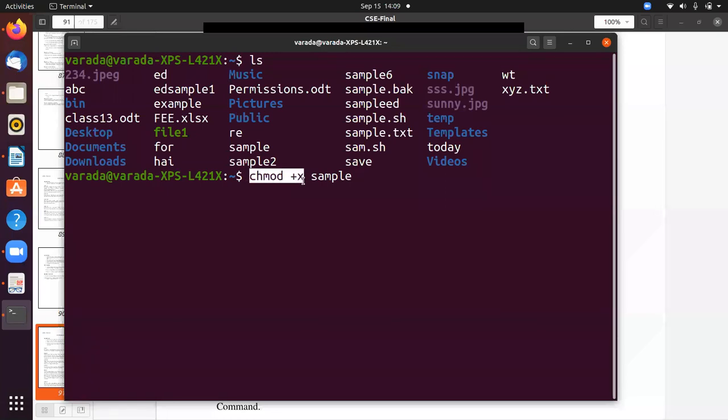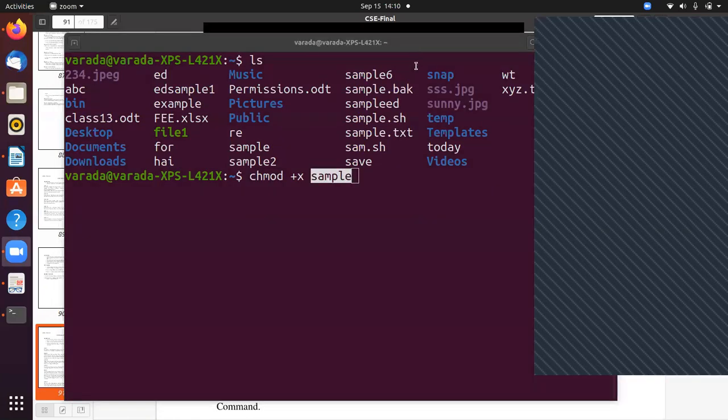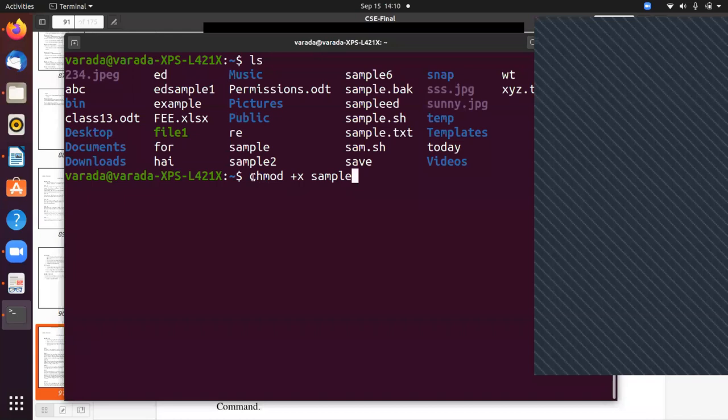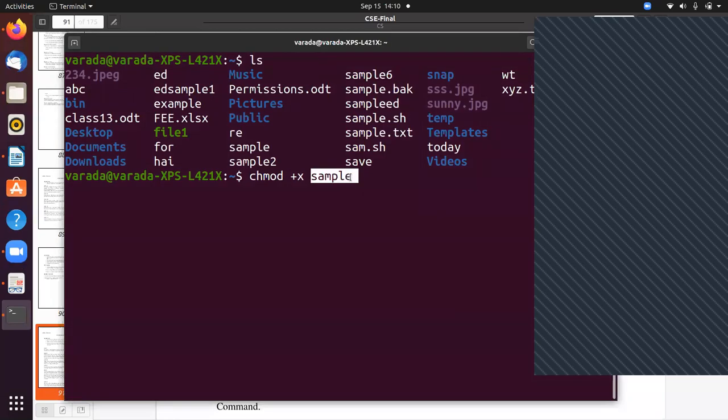For this command I am going to give one argument, one parameter, compulsorily. So when you are using change mode, you must provide one file name. Is it correct or not? Yes, it is correct. Here sample is the argument.